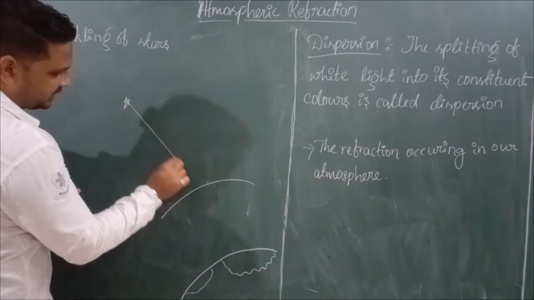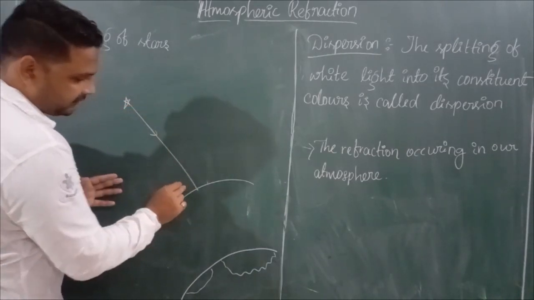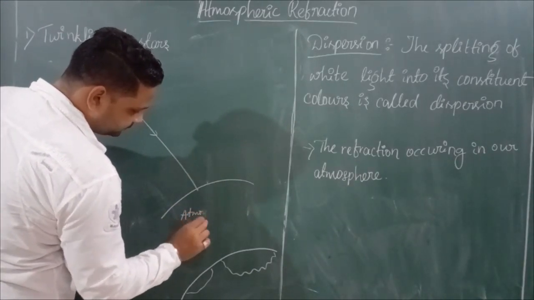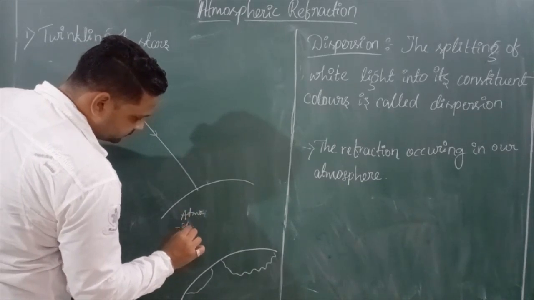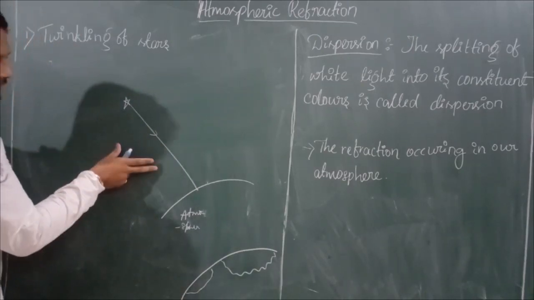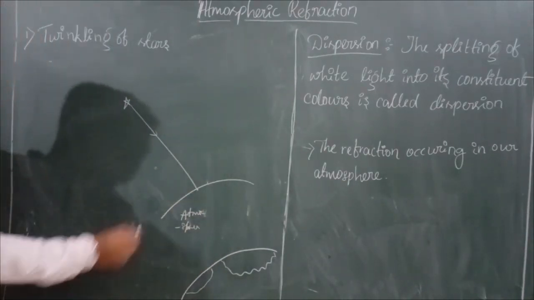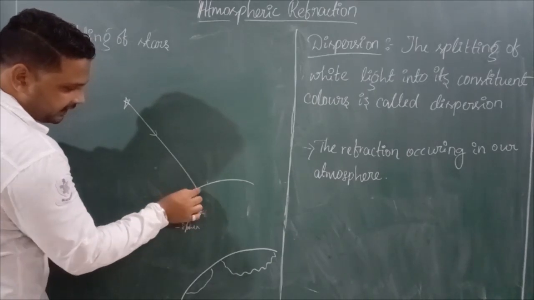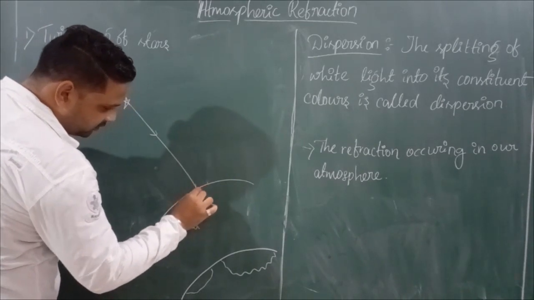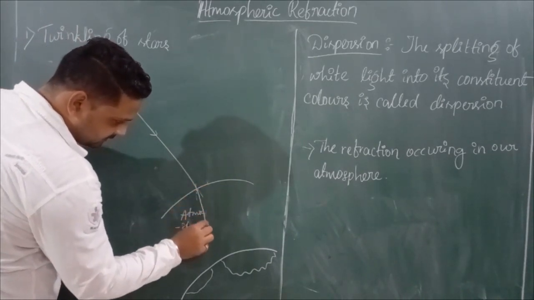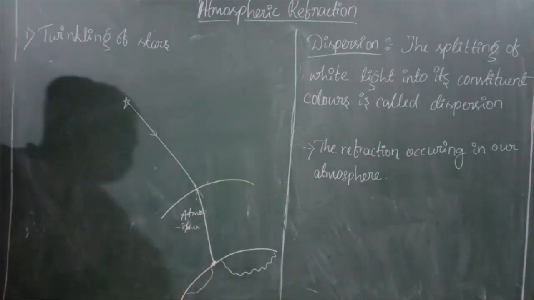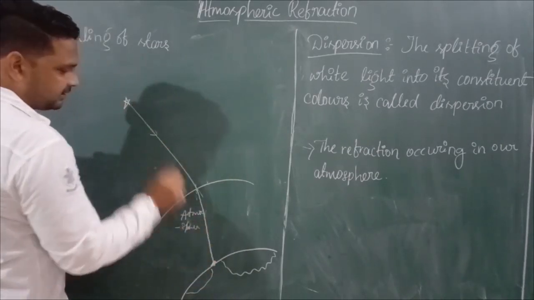Now, the light coming from the star travels through the vacuum, then it enters the Earth's atmosphere. When it is entering the atmosphere, it is actually entering from a rarer medium into a denser medium. So due to this it undergoes refraction, and if we take this as the normal, instead of going straight, it bends. The person staying in this region will see this star